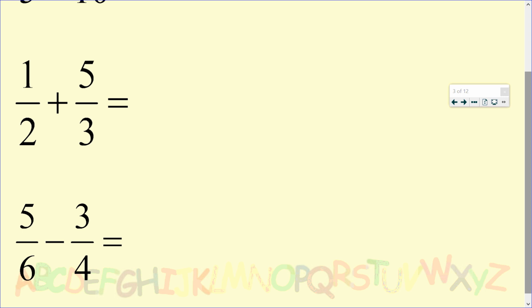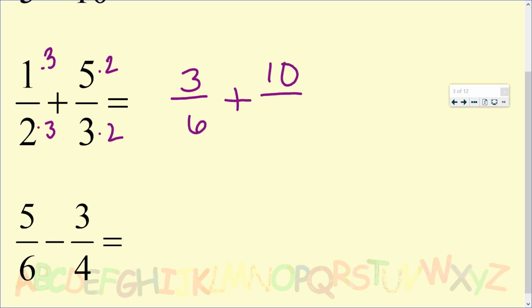So what would I have to multiply 2 by to make it a 6? 3, so I have to multiply the top and the bottom by 3. What about the second fraction? I have to multiply this guy by what? 2. Times 2 times 2. All right, so it looks like in my first fraction, I have a 3 on top and a 6 on the bottom. In my second fraction, I have a 10 on top and a 6 on the bottom. 3/6 and 10/6 gives me